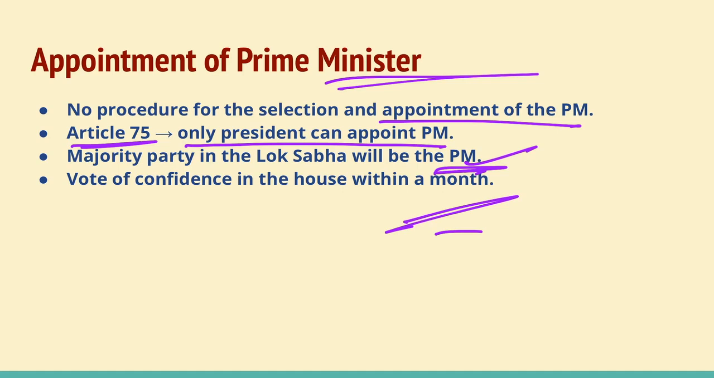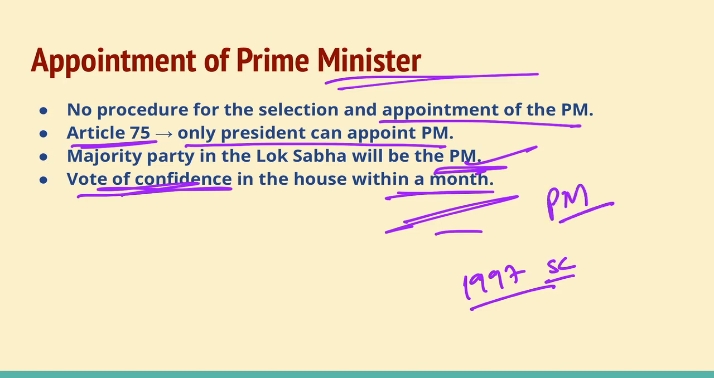After the appointment of a prime minister, he should seek a vote of confidence in the house within a month. Suppose he is not able to prove his vote of confidence, then that person cannot continue as prime minister. In the year 1997, the Supreme Court said that a person who is not a member of either Lok Sabha or Rajya Sabha can be appointed as a prime minister. But within 6 months, he should become a member of either Lok Sabha or Rajya Sabha, else he will cease